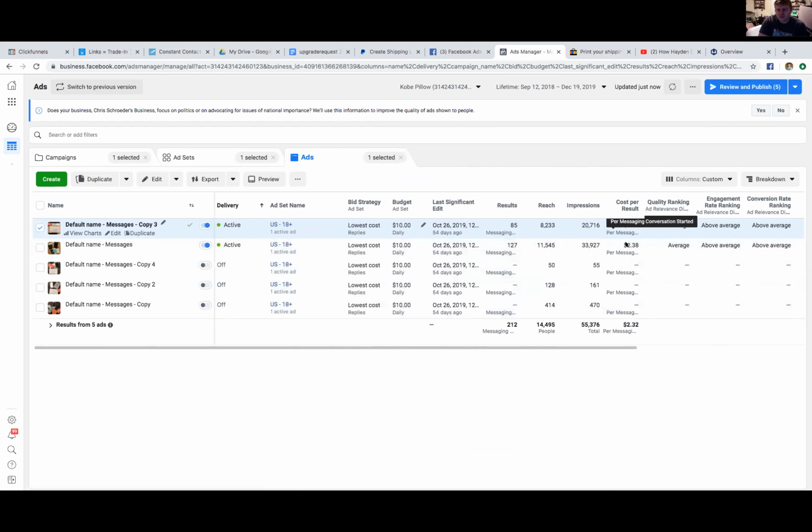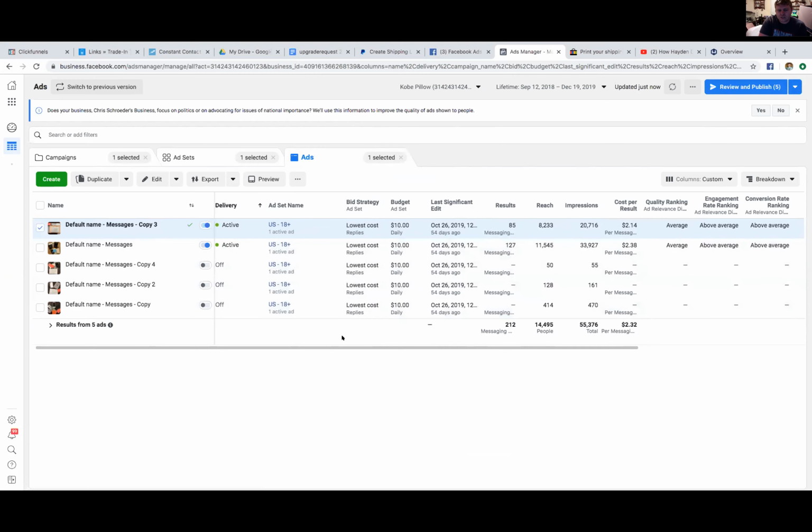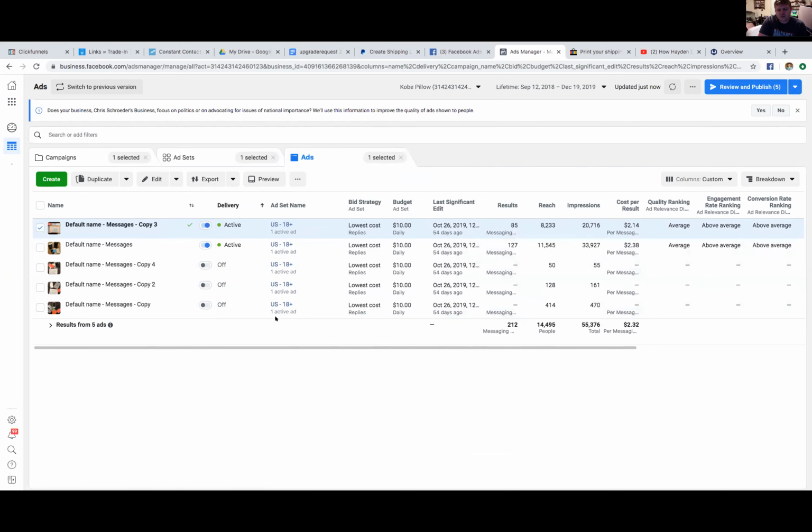And if those go too high, then I'll just turn on a couple of these. As you can see, this one's only been shown to 50 people. But Facebook's going to go with whatever works first and fastest. So that's just the way you have to work with it. But as you can see, there's nothing special to these ads. They're pretty